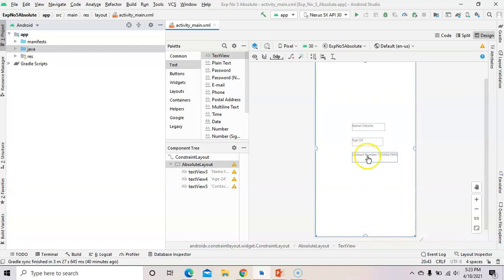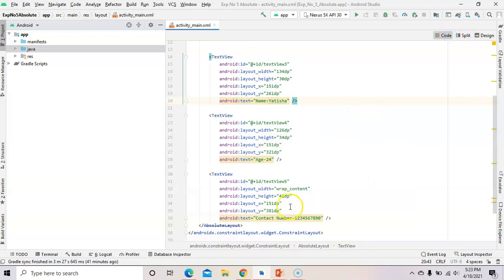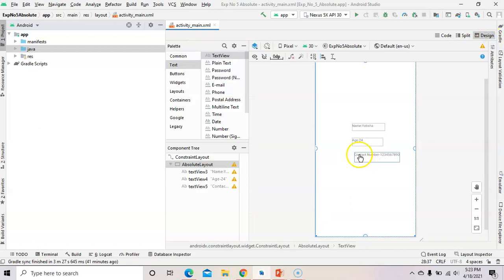If you are giving third text box as 160 position, like this. If I am giving 161, if you increase it, it will go on the right side. If you decrease it, it will go on the left side. So see, 160. So it is going on the right side. These 2 text boxes have 151 and third text box has 160. So it is going on the right side. Like this, if you increase it, it will go on the right side. If you decrease it, it will go on the left side. Okay. If you increase the Y position, it will go on the down side. If you decrease the Y position, it will go on the top side.